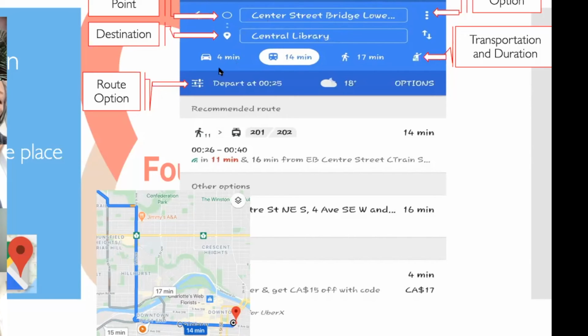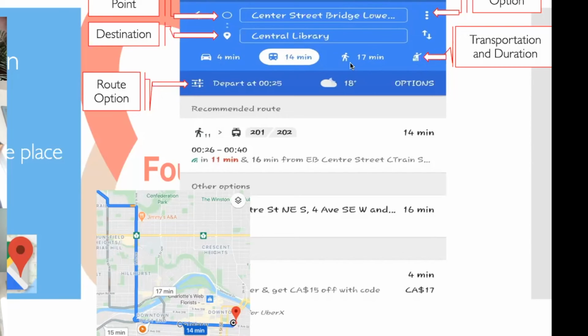Down below that is the different modes of transportation. So it's going to ask you, how are you actually getting there? Now, depending on whether you're driving, whether you're taking public transit, whether you're walking, and I like the little hitchhiking guy at the side here. I don't know who would actually use that one, but the three main ones would be driving, transit, and walking. And for this one, I think actually this might be taxi,